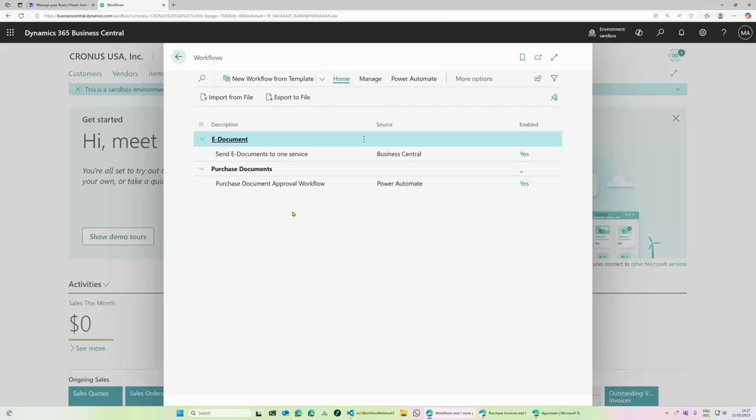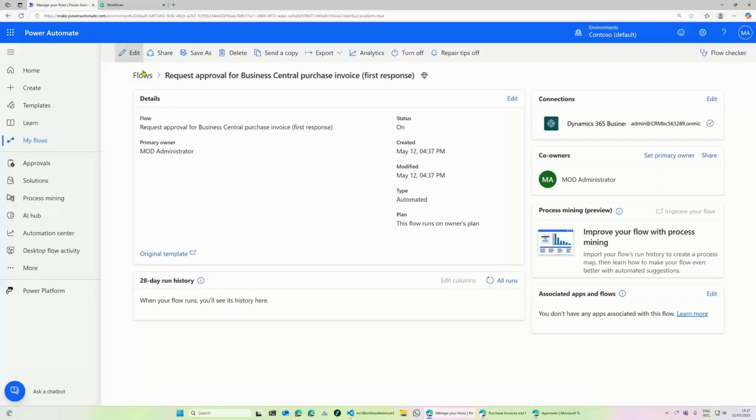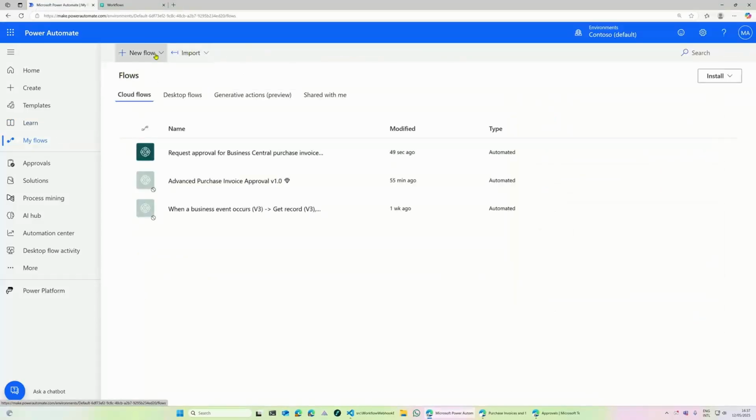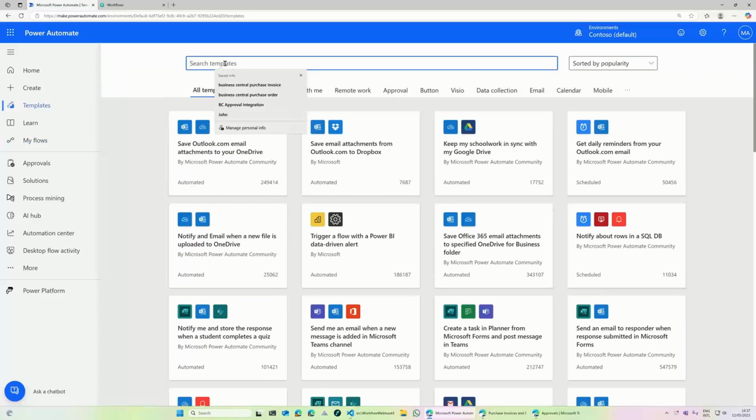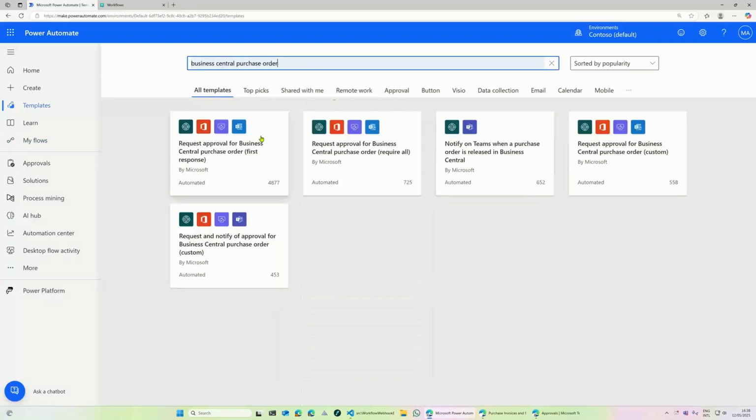Now, before we go into the demonstration of cancellation, cancel and reject, etc., I just want to give you one extra tip. What happens if I create another approval flow? Let me create one from the template for Business Central purchase order.